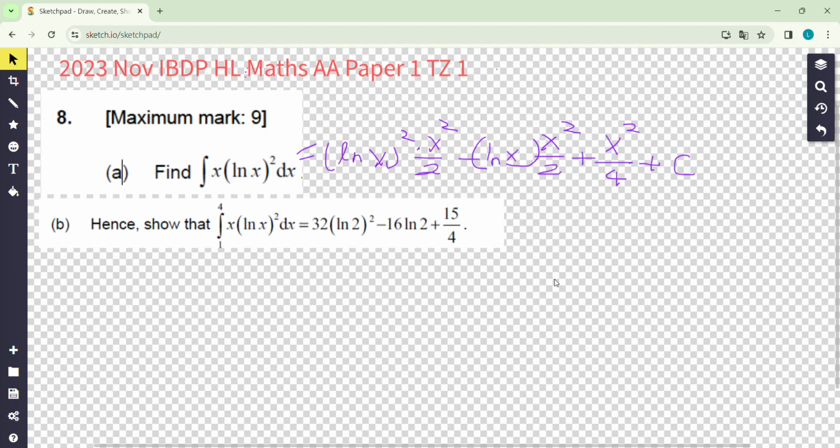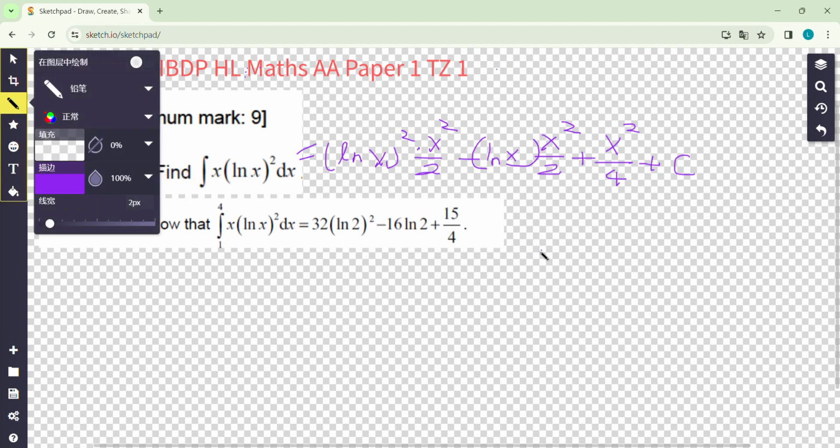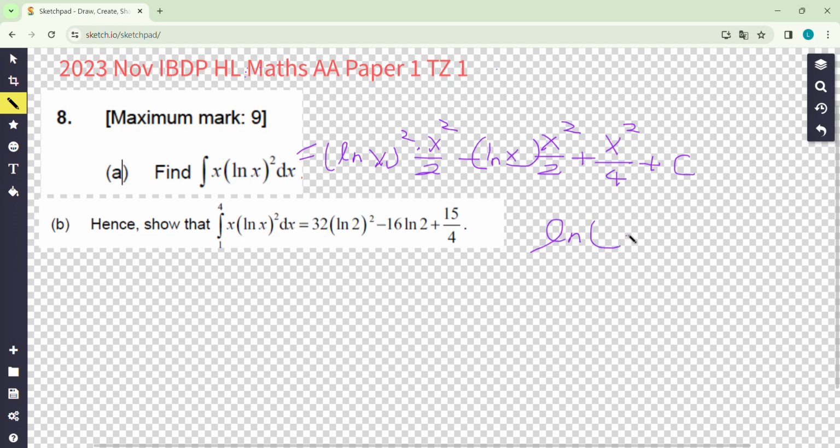Actually for HB, remember to do the substitution, just remember one quick simplification: log 1 equals 0 and log 4 equals 2 log 2. So we do the substitution, upper limit, lower limit. For the upper limit, this should be log 4, all squared,